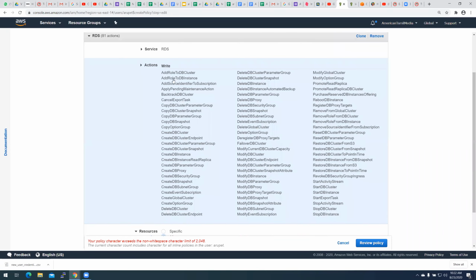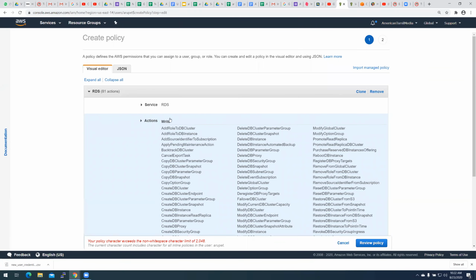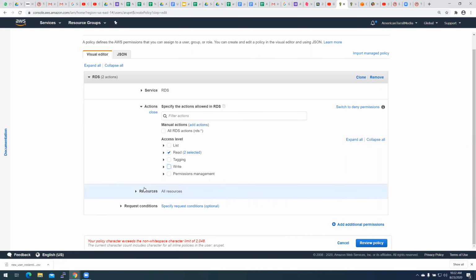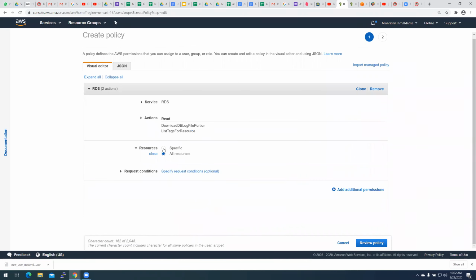So it can do all kinds of write activities: modifying, deleting, restoring, creating. If I say read only and take write out, all resources.